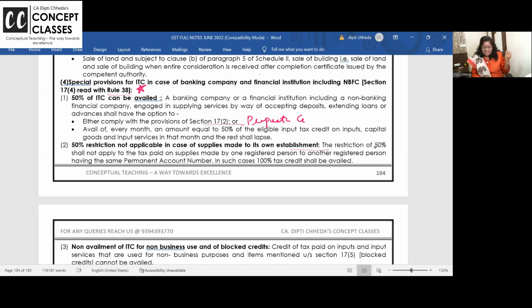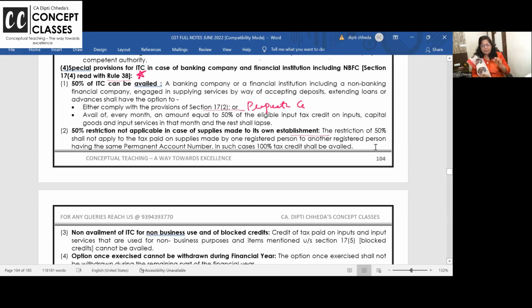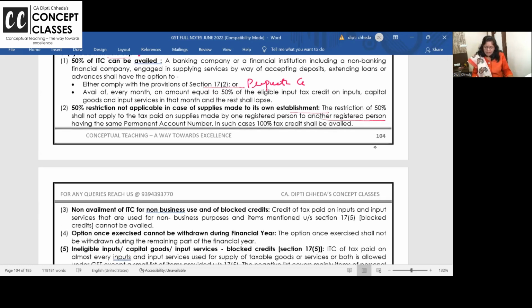50% restriction shall not apply to the tax paid on supplies made by one registered person to another registered person having same PAN number. In such case, 100% tax credit will be awarded. I want to repeat, on all your input tax credit 50%, but if you are having that distinct person and all, then ठीक है, जो भी आपका supplies है उस पे 100% credit मिलेगा if they are another registered person with the same PAN and